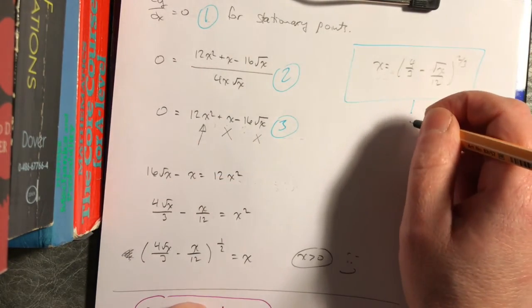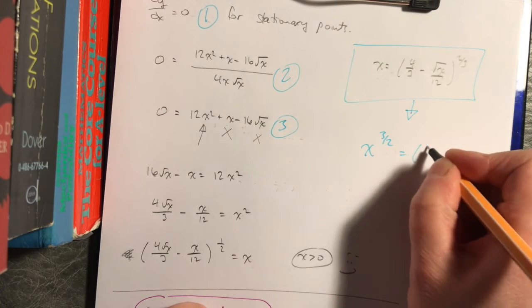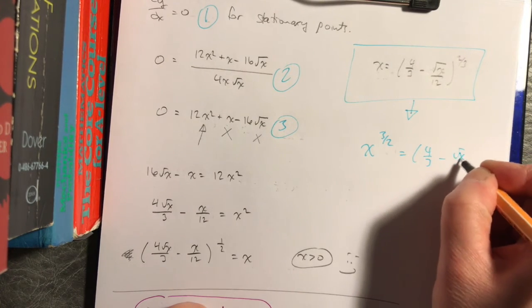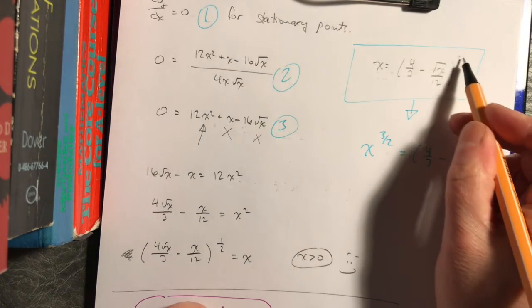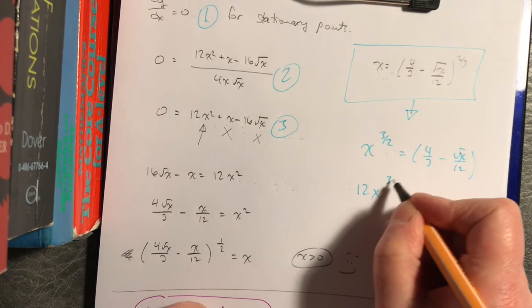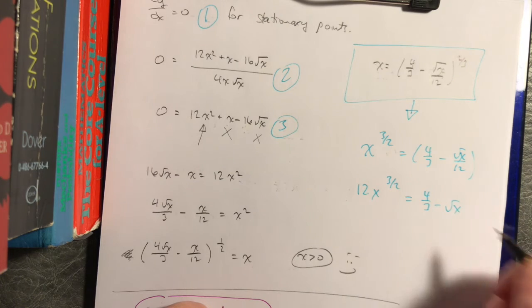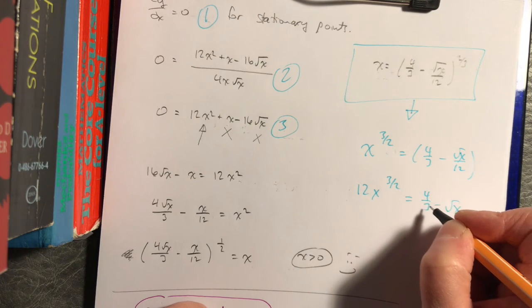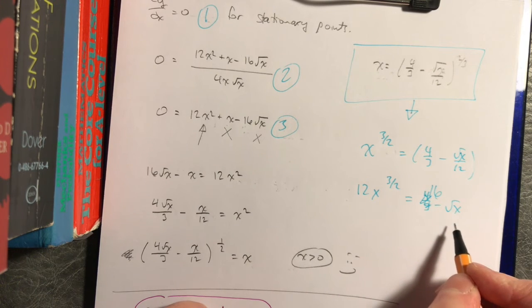Then reverse engineer x to the 3/2 equals 4/3 minus root x over 12. I don't know why I put brackets in. Raise both sides to the 3/2 power. Multiply by 12. I multiplied you by 12. Again, don't do math in pen. And